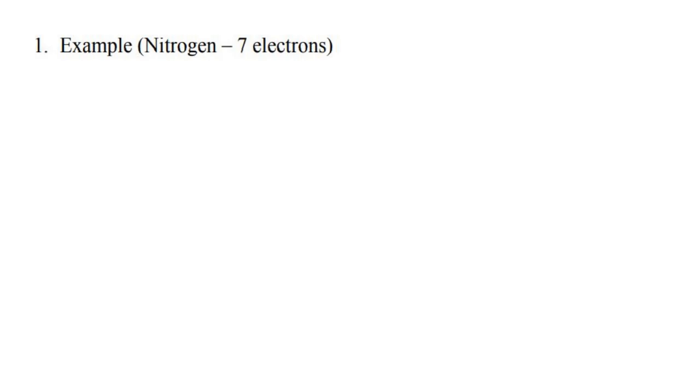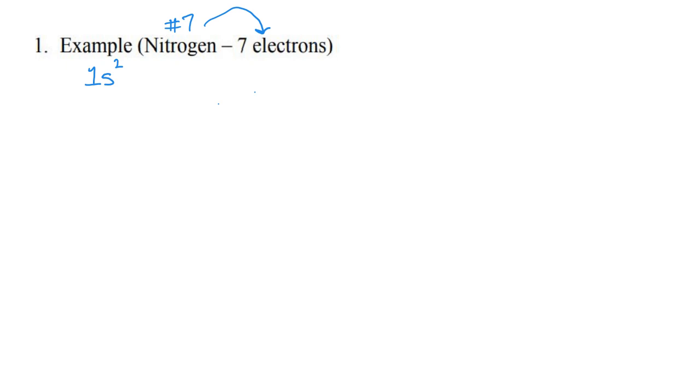Let's go ahead and do an example with nitrogen. Nitrogen is atomic number 7, and because it's atomic number 7, that means that it has 7 electrons. If I'm going to write out the electron configuration, I'm going to start with the first energy level and the first sublevel, which is 1s. I know that the s sublevel can hold 2 electrons, so I'm going to put a 2 up there